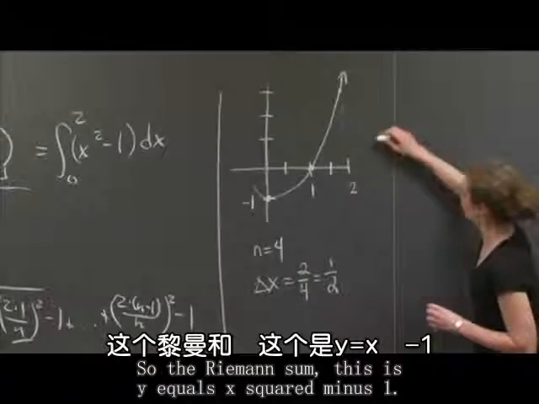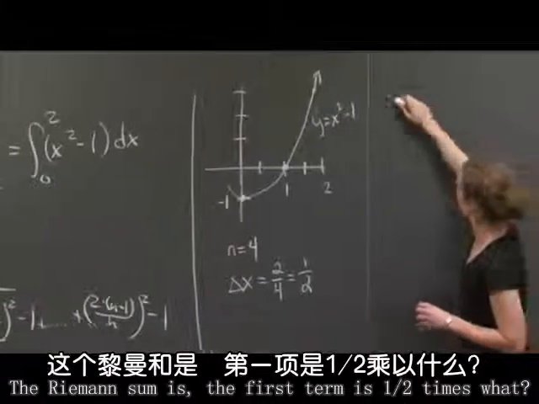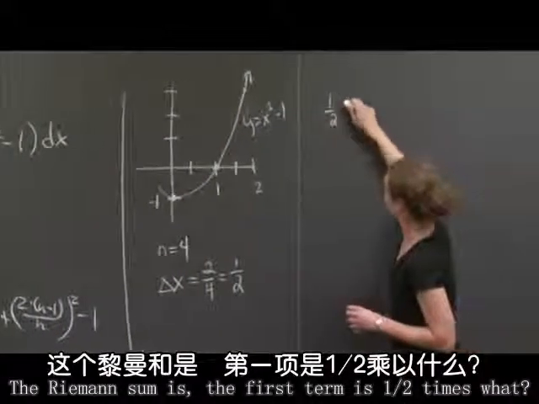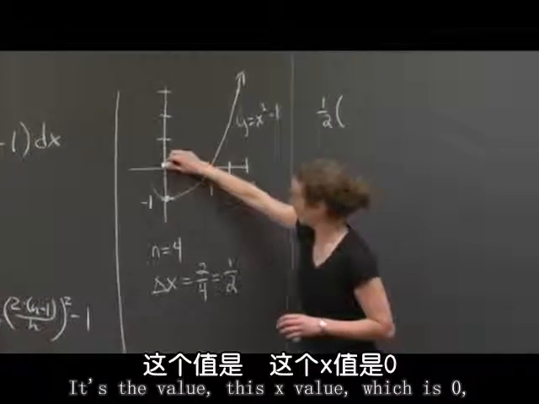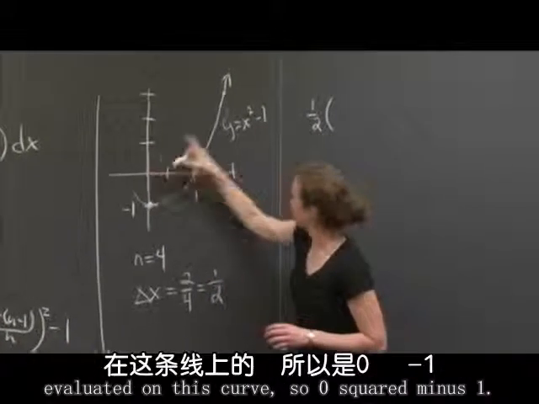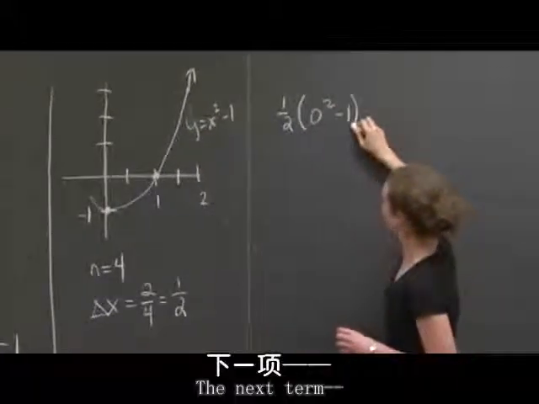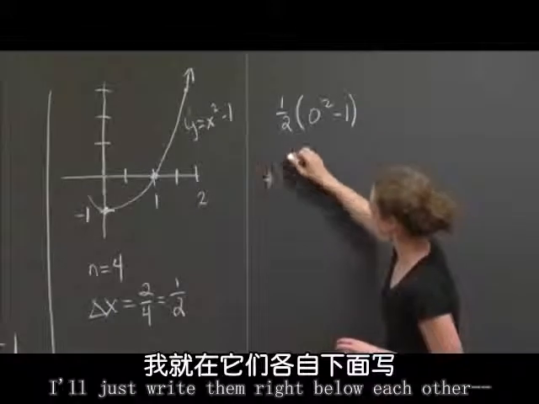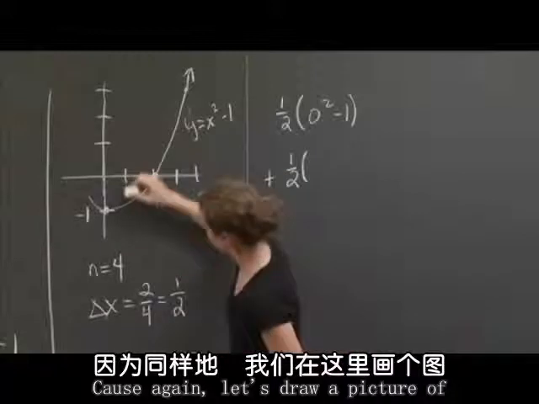So the Riemann sum, this is y equals x squared minus 1. The Riemann sum is, the first term is 1/2 times what? It's the value, this x value, which is 0, evaluated on this curve. So 0 squared minus 1. The next term, I'll just write them right below each other, is 1/2, because again, so let's draw a picture